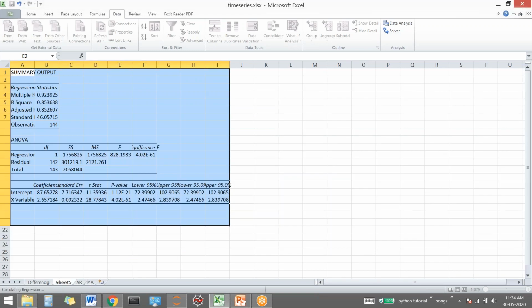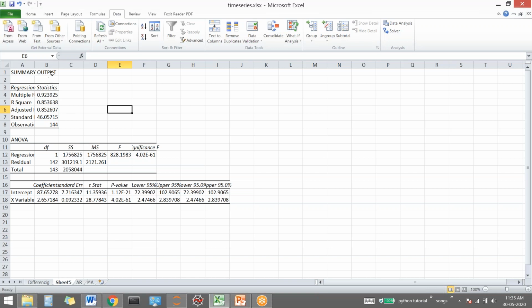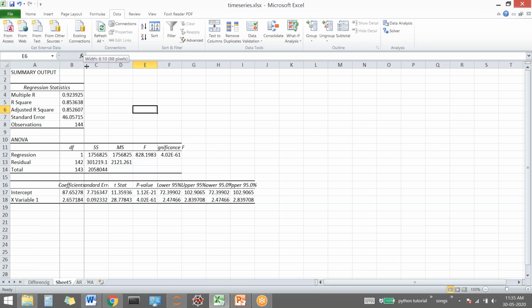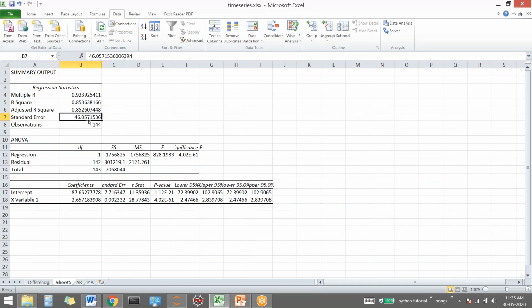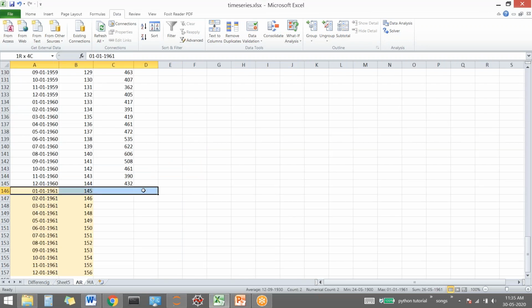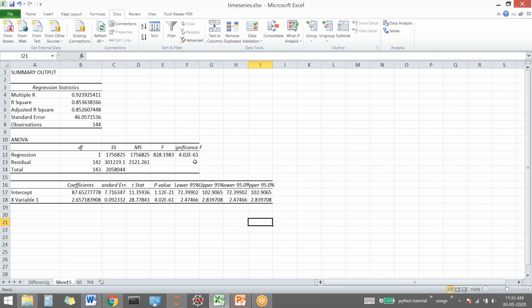So in the backend it will apply linear regression, and this is what it has given me. It has given me R squared, because of the regression it applied in the backend. R squared was there, adjusted R squared was there, observations were 144. This was our error. So what is the important thing here? We'll be making a prediction on this data for 01/1961, using the concept of auto regression. So how will we do it? See, this is the result given by the linear regression we applied on that data.